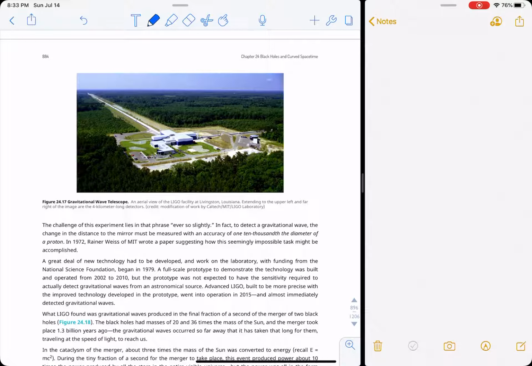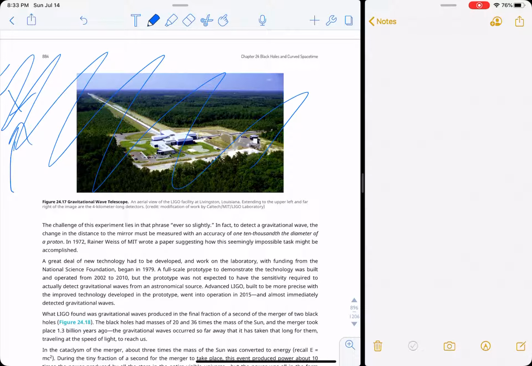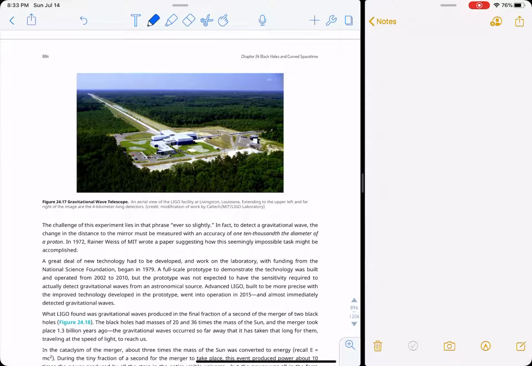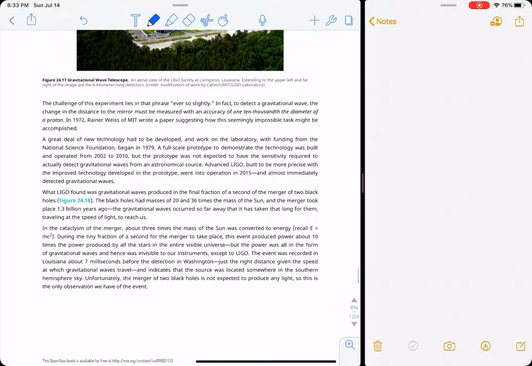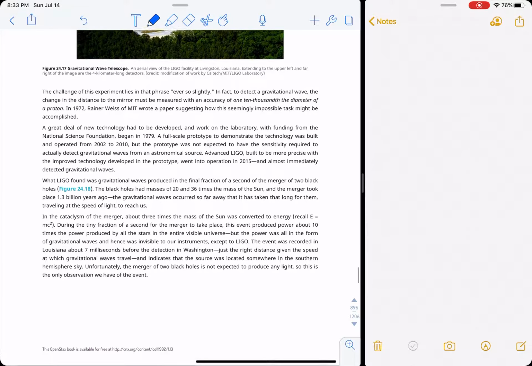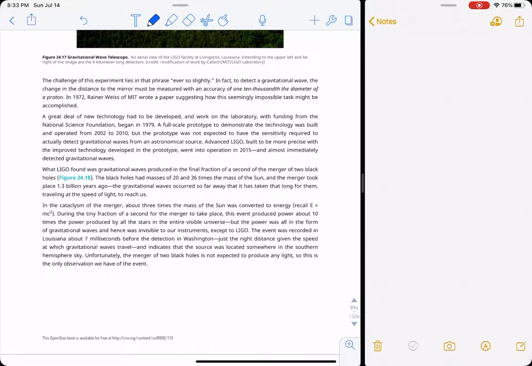So you have two of these things. One here in Louisiana, and the other one is up here in Washington State. If a gravitational wave travels through, you're going to see the signal in Washington, and then you'll see the signal in Louisiana, and the time difference between them will be determined by the speed of light. So you'll be able to tell if a gravitational wave went through, because they'll both see the same signal, and they'll be separated by 1,000 miles or however far apart they are, divided by the speed of light. Well, not times the speed of light, rate times distance.